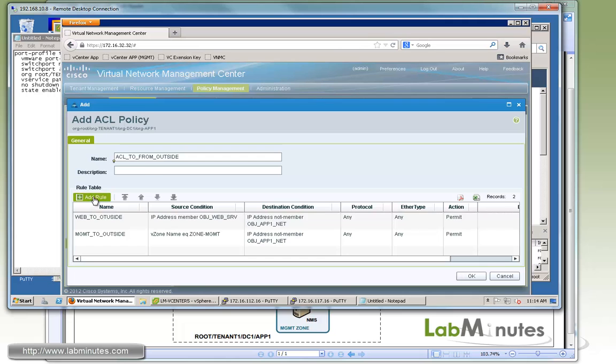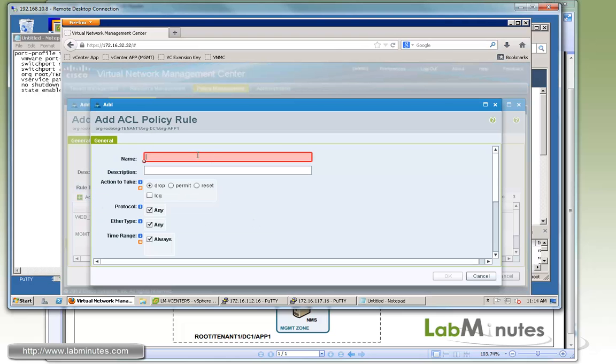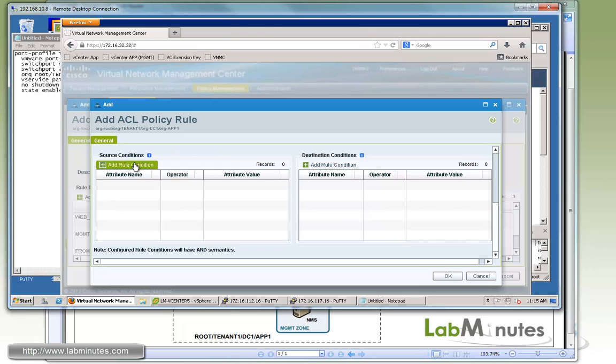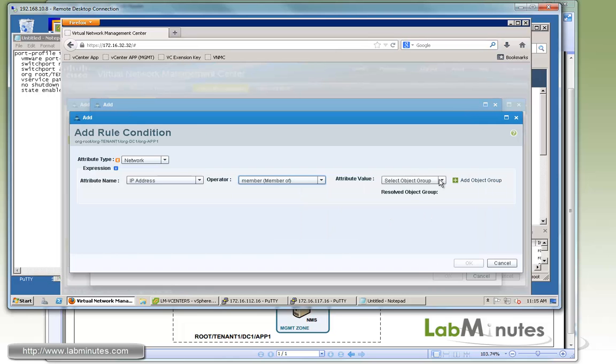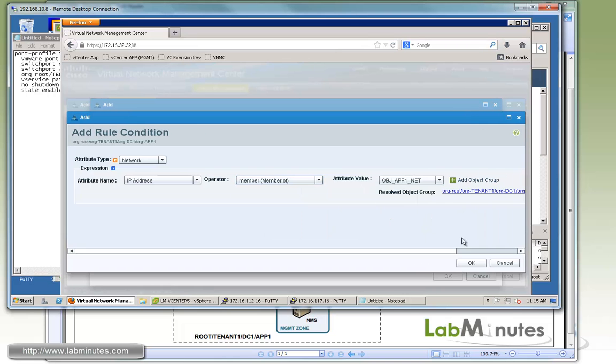Okay, and the last thing we want to allow is anything coming from the outside. So we're going to name it from outside, permit. From the source, it's again any IP that is not a member of app1 network will be allowed to